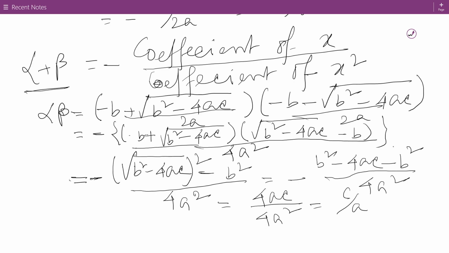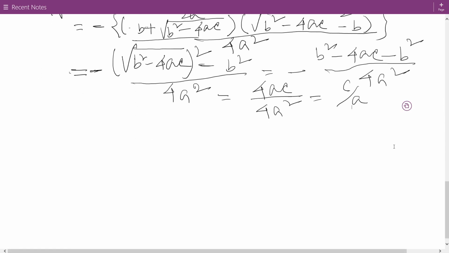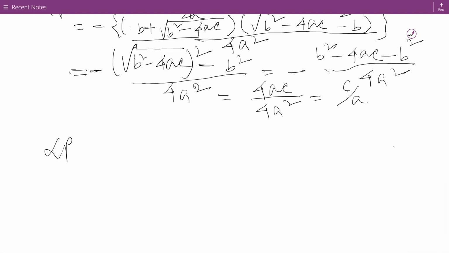That is multiplication of these two roots is c by a. Therefore, you can write alpha into beta, the multiplication of two roots,